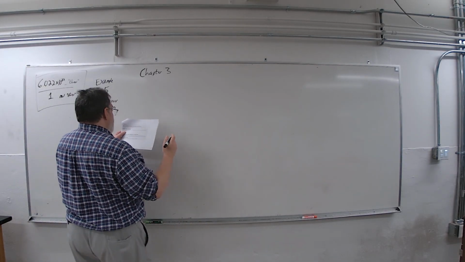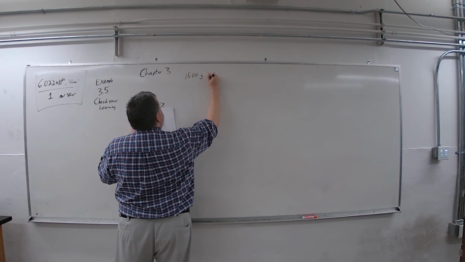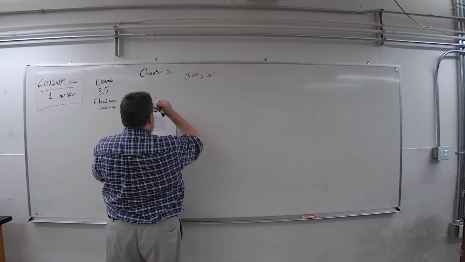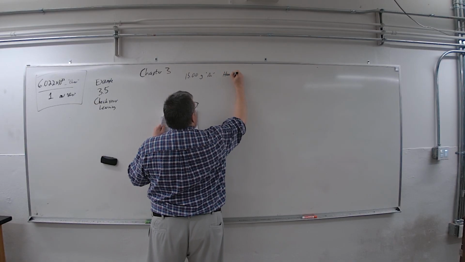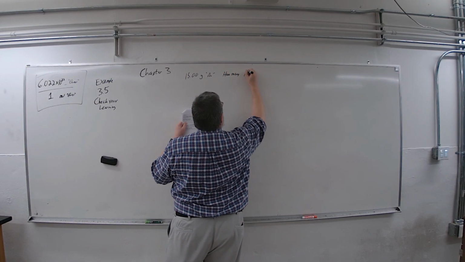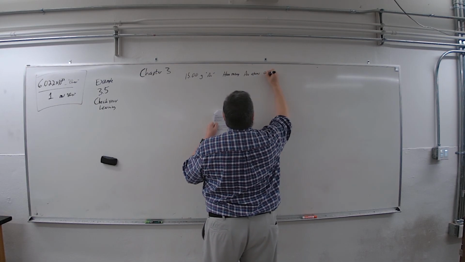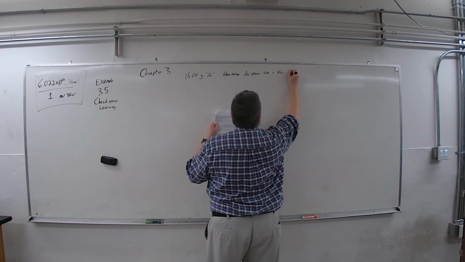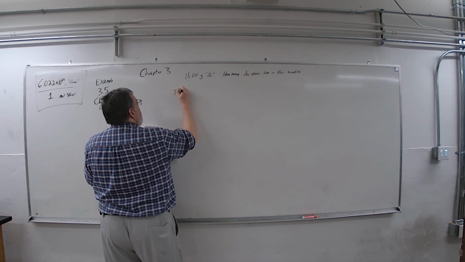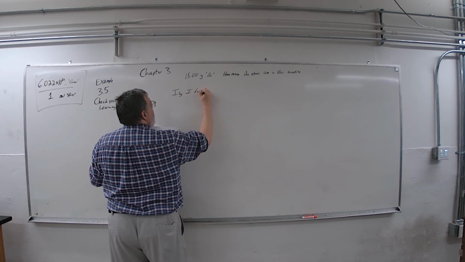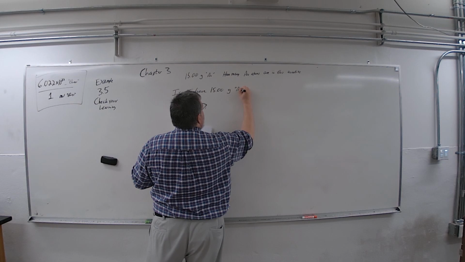The prospector is panning for gold in a river, collects 15 grams of gold. How many Au atoms are in this quantity? But I'll say if I have 15 grams of Au,